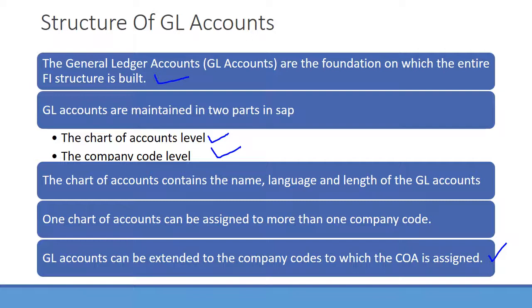For example, a GL account may be taxable in one company code. The same account may not be taxable in another company code, which is maybe in Singapore. So at the company code level, the attributes differ. At the chart of accounts level, the header data will be the same.